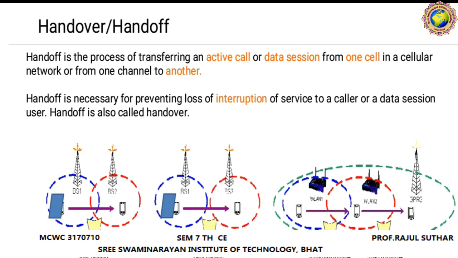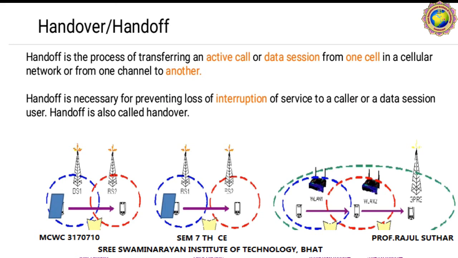Now let me discuss the handover or handoff process. Handover and handoff are the same. Handoff or handover occurs when an active mobile station changes the cell or BSC of a location, which initiates the handover. Several different types of handover are possible. Here soft handoff and hard handoff are described in the figure, as well as horizontal handoff and vertical handoff. Some books mention intra BSC handover, inter BSC handover and inter MSC handover.